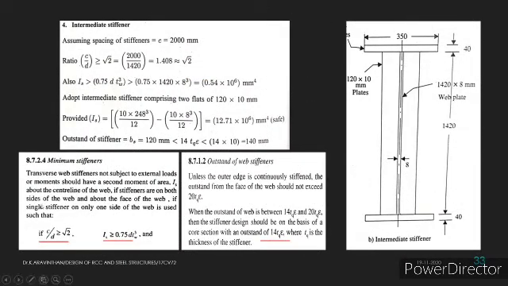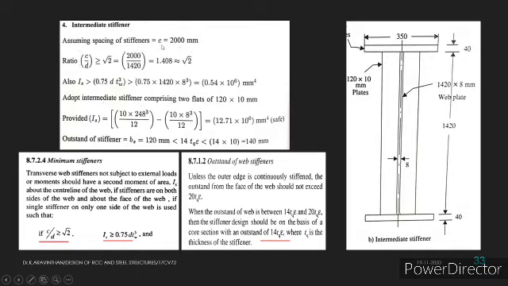Okay. Now let's come to the intermediate stiffener. Right now the bearing stiffener is designed. Currently we will be designing the intermediate stiffener. So in between the two supports there will be intermediate stiffeners. Now first identify the width and thickness of the plate, then we shall check for the capacity. The same thing as we have done in the bearing stiffener.